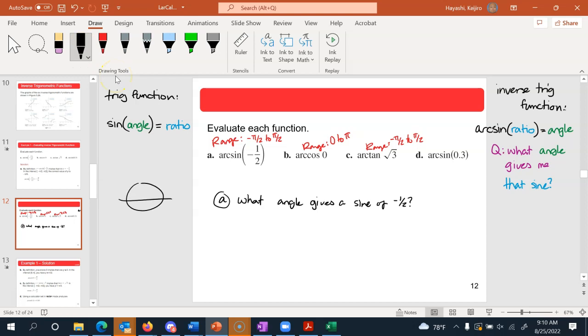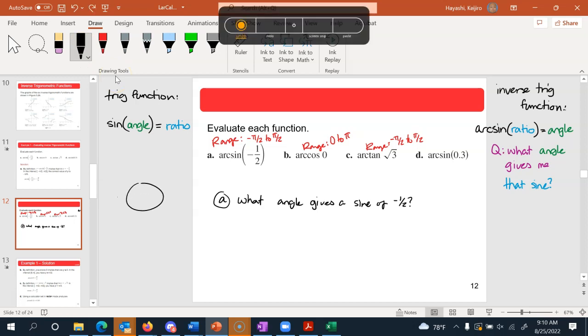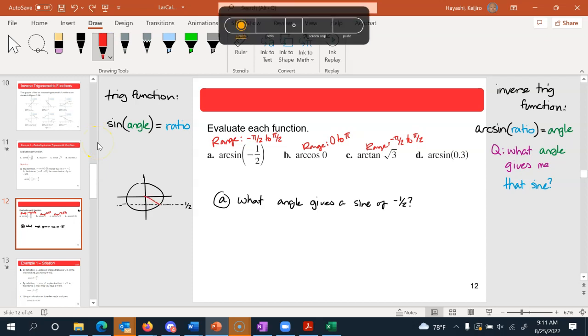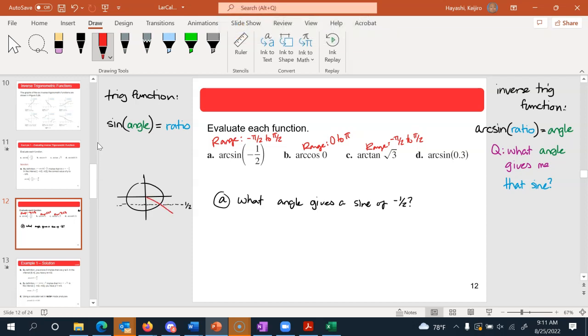And we just sort of draw in a little unit circle here, just a quick little one. Sine is the y value, so we're looking for a y value of negative 1/2, which, if this is the unit circle and it has radius 1, is around right here. So we're looking for an angle that gives that y value. If I draw those in, drawing all the angles that give y values like that, that ends up being, this isn't really to scale, but that ends up being these two angles,